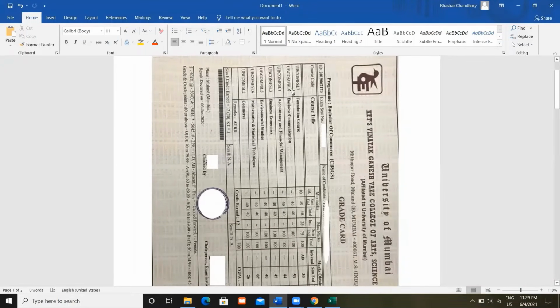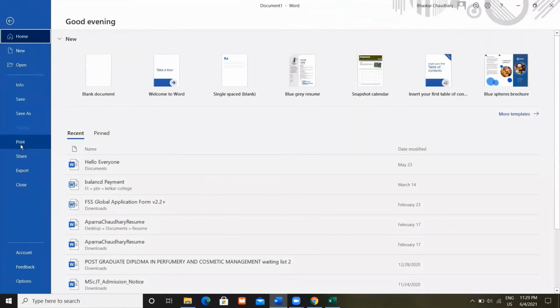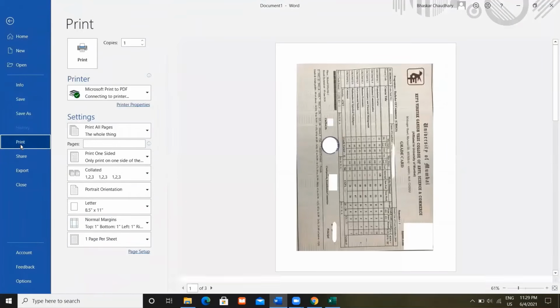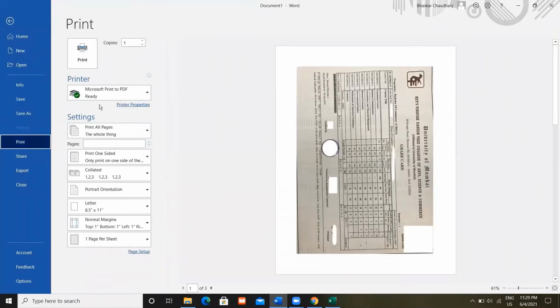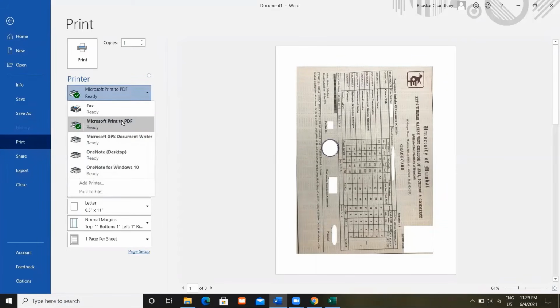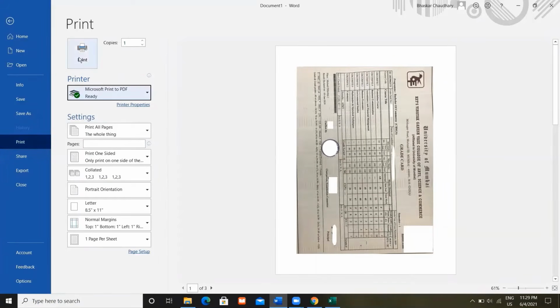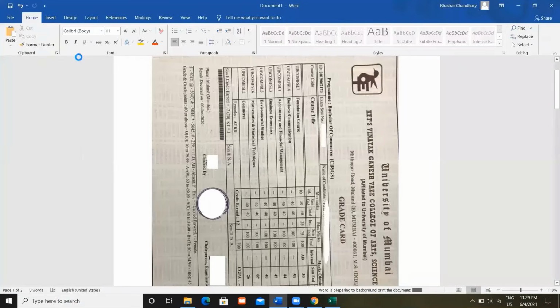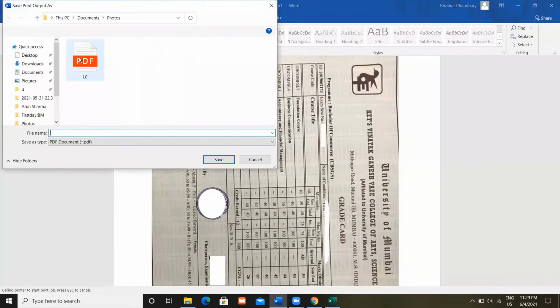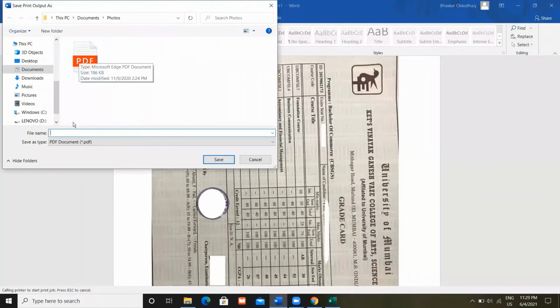Once it is done, click on the File button and Print button. You will see the standard extension of Microsoft Print to PDF. This is a standard extension which is available in most of the PCs. So select that from the printers menu over here and then click on the print option. Name your file.